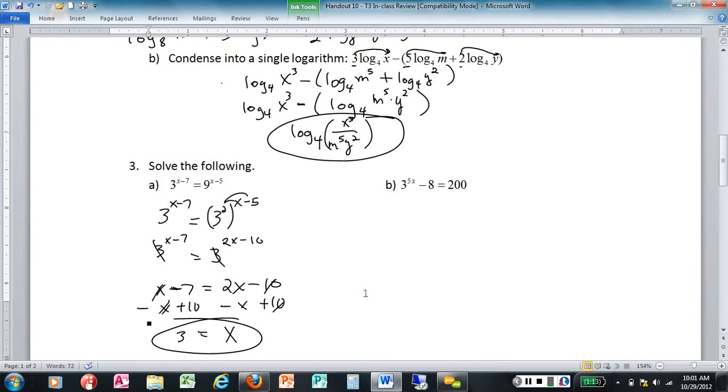Now we're on 3b. I can't do that. Well, first of all, you see what I'm going to first of all have to do on 3b? I need to move the 8 over, yeah. So first of all, let's move the 8 over. So I've got plus 8, 3 to the 5x equals 208. Yeah, and 208 is not a nice power of 3, so I have to do something a little different here. And what do I do on these type here if I can't get the same base on both sides? Well, that technique is ln both sides, isn't it? Take the ln of both sides,